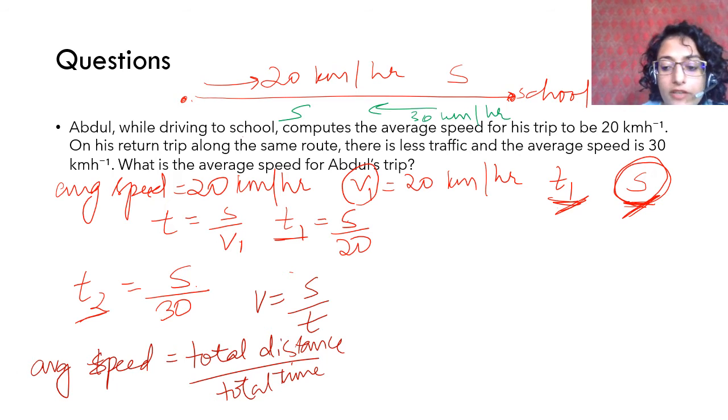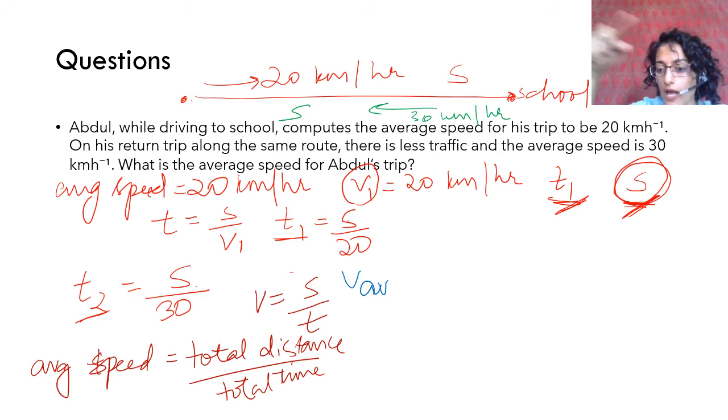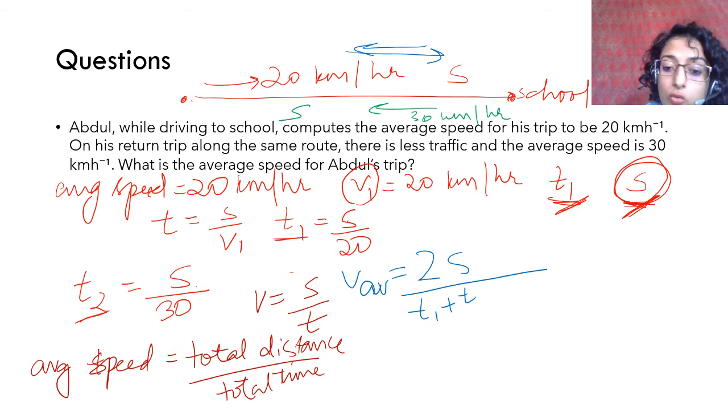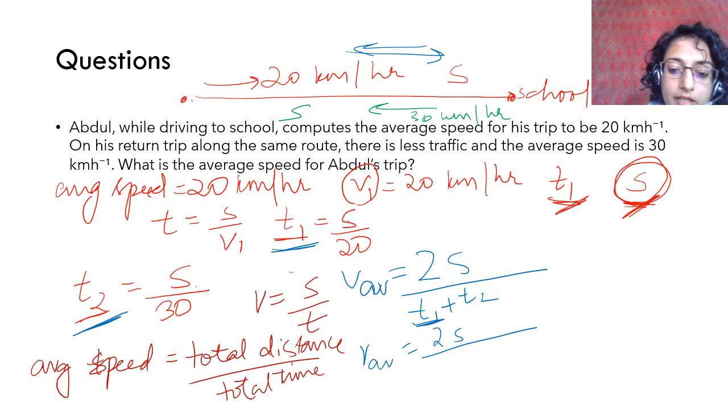ठीक है. तो what we do is, average speed, we average मान के चलते हैं. Let me put this in some other color so it's easier to understand. We average of both, जाने का और आने का. टोटल डिस्टेंस कितना कवर किया? जाते हुए s और आते हुए s. So total distance is 2s. What is the total time taken? T1 plus T2 है ना. So V average is equal to 2s upon, now we put the values that we had come इधर जो मिले थे, s upon 20 plus s upon 30.